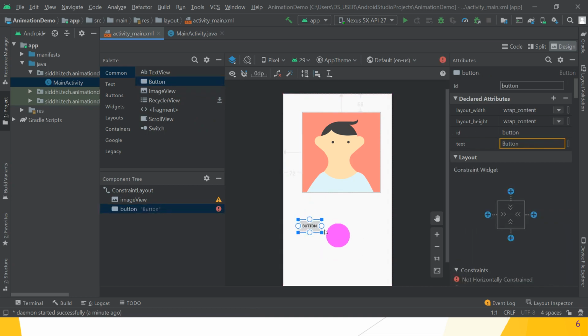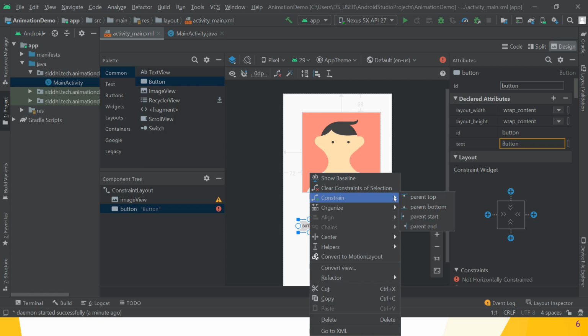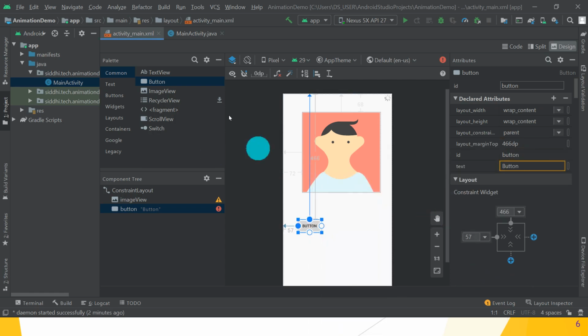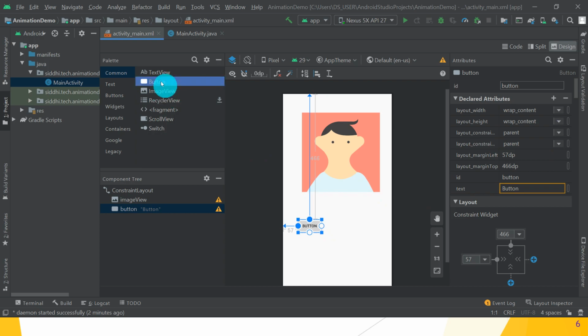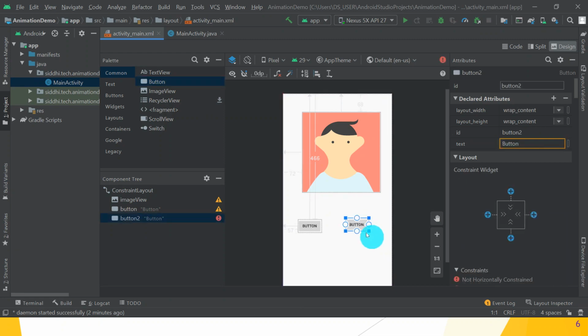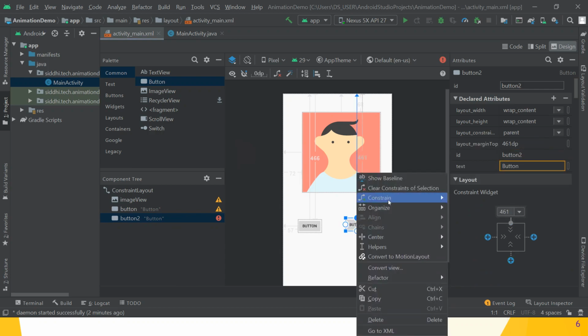Okay, so then give the constraint from parent top and constraint from parent start. Great. Again choose the second button, drag and drop on your activity. Again give the constraint from parent top and constraint from parent start.